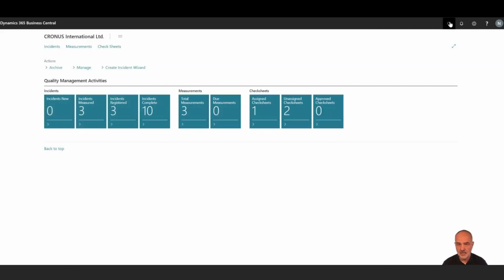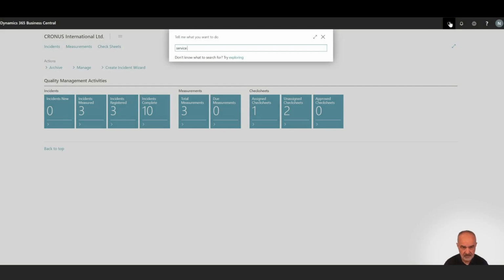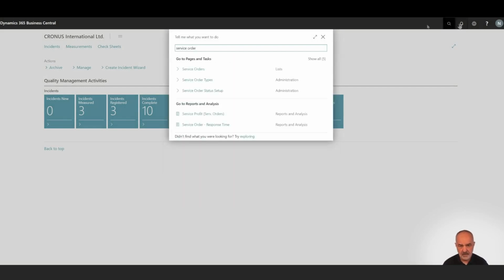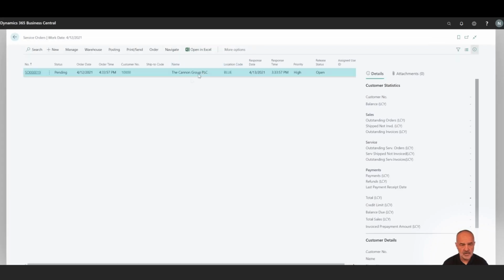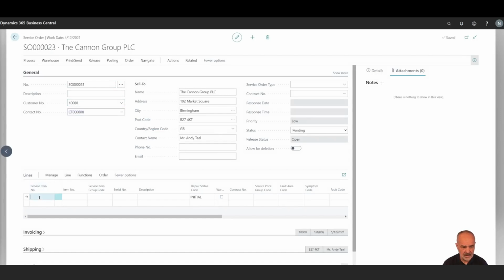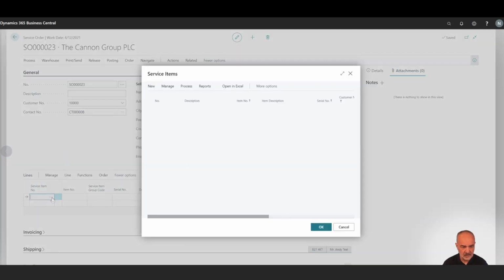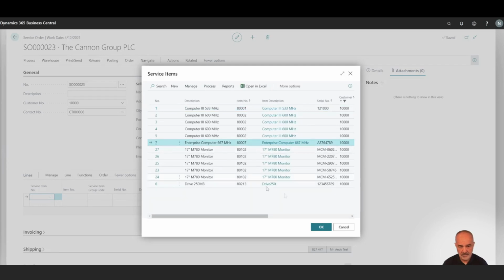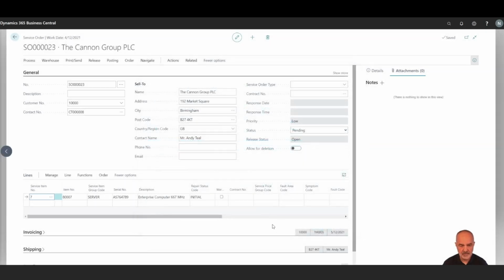So let's go to the service orders and create a new service order. We are selecting customer 10,000, and on the service item line we select a product of the type server. So the service item group has been inserted there, and all I have to do now is put this repair